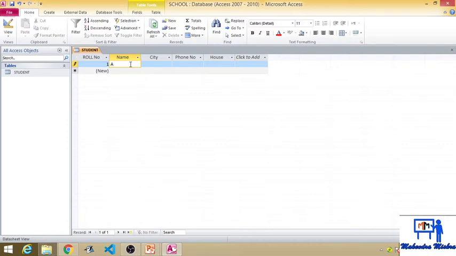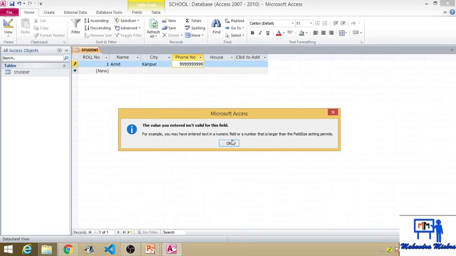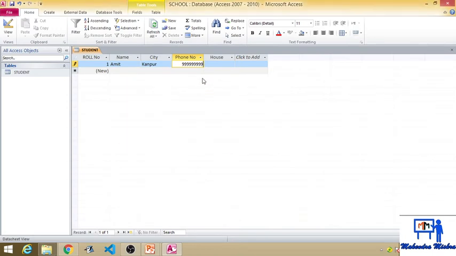Suppose for name I give Amit, city Kanpur, phone number could be any digits, I just put 999. For house, let's say it is asking for a text value, so I give red.